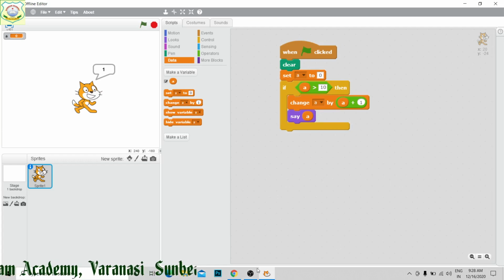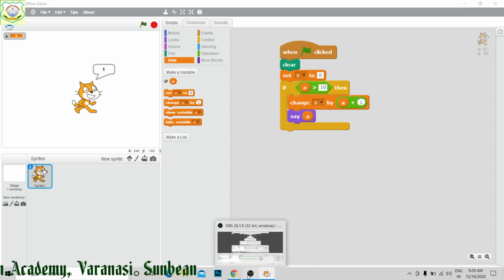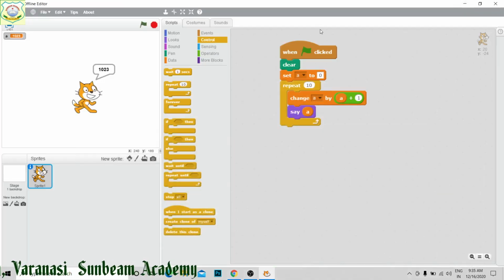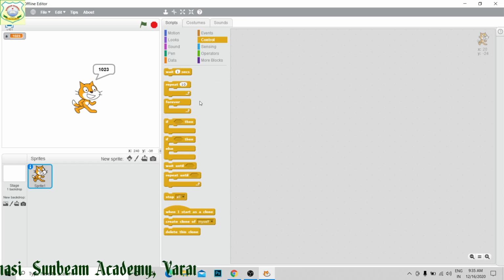Okay, wait a minute, I am showing you. So students, now you can see here, by this repeat we can make changes. Next we are going to generate natural numbers we have generated. Then we are going to generate, suppose